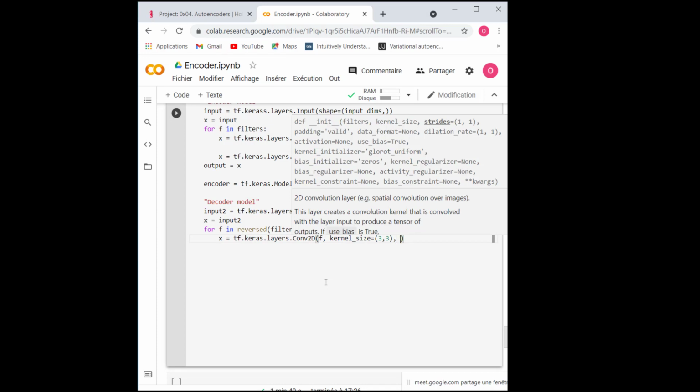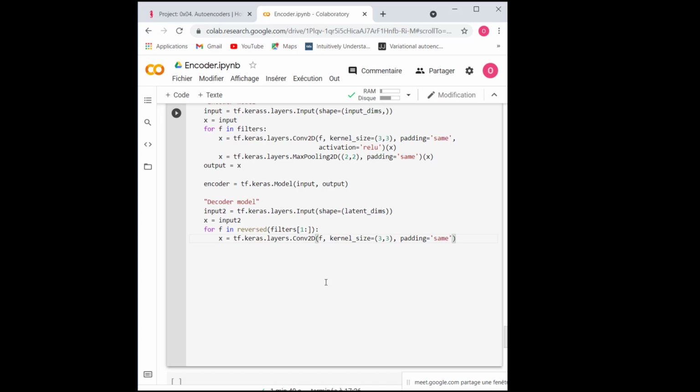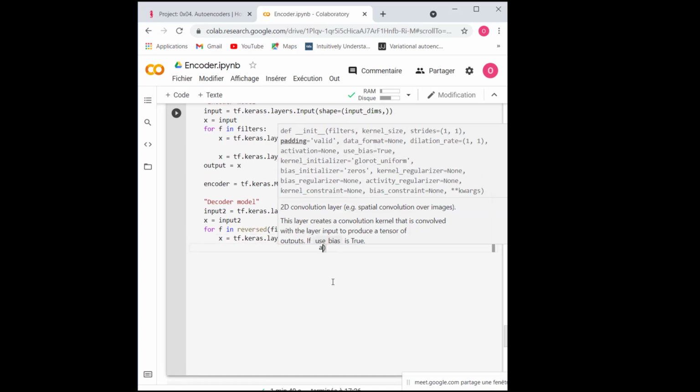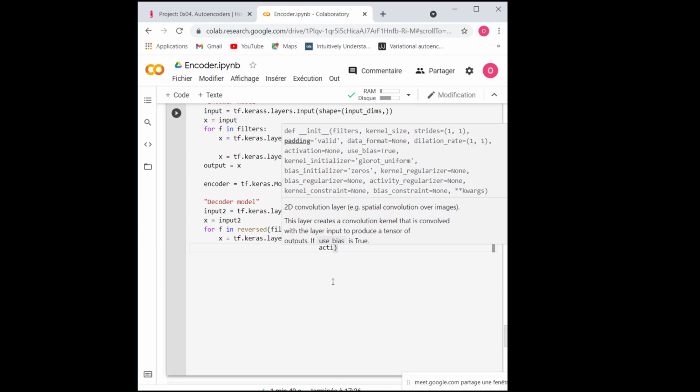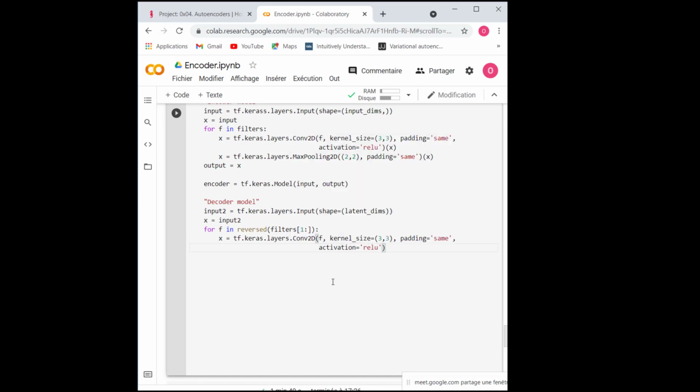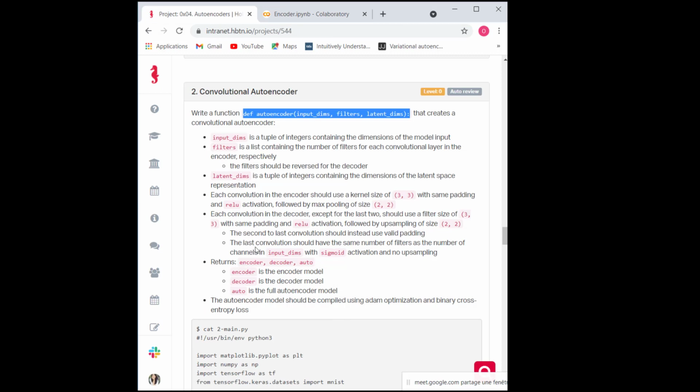My padding will be same. My activation will be ReLU. This is the second layer in the hidden convolution layers.